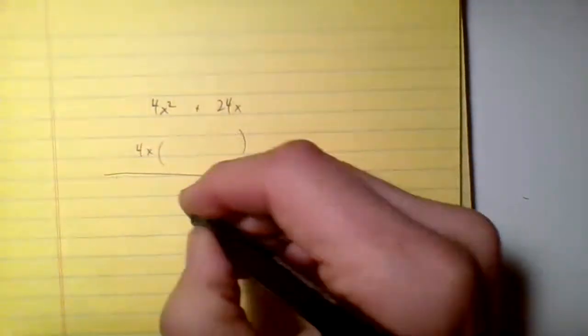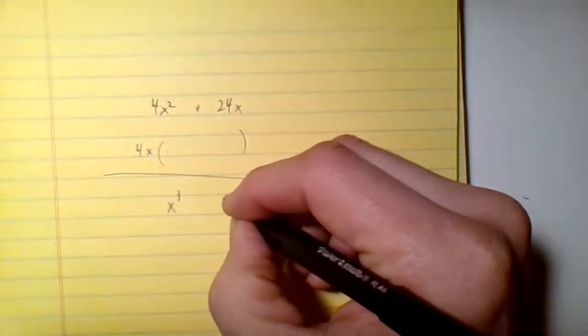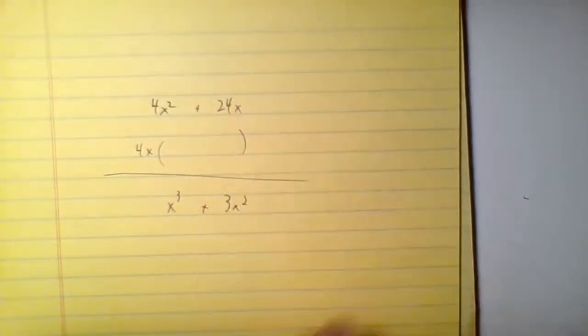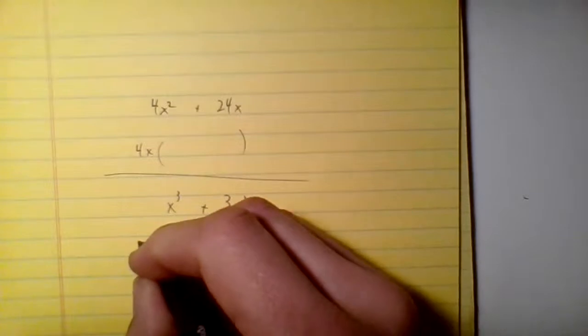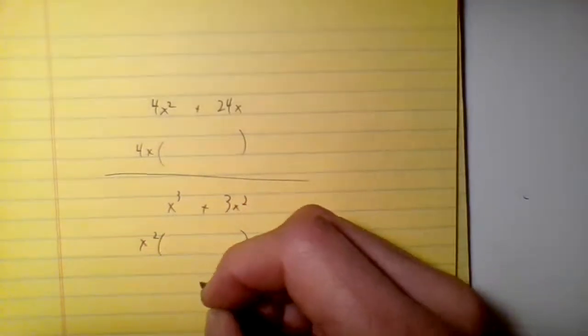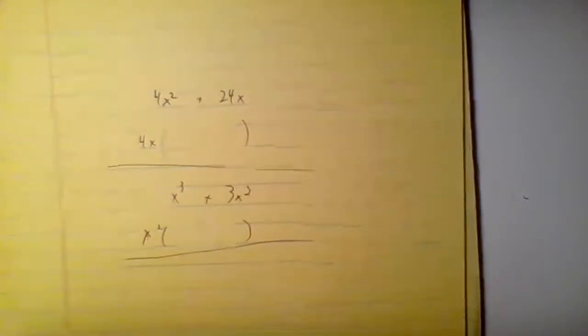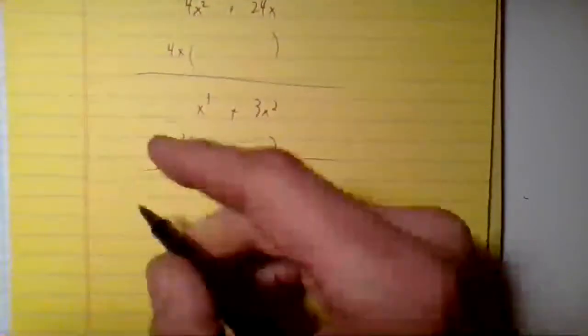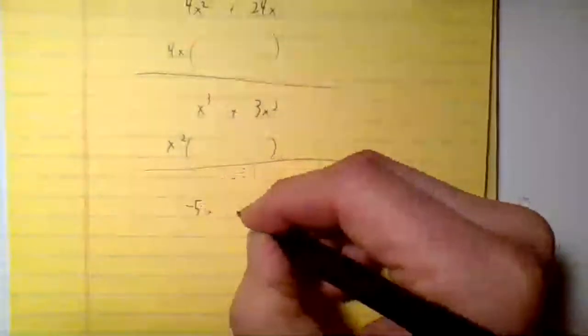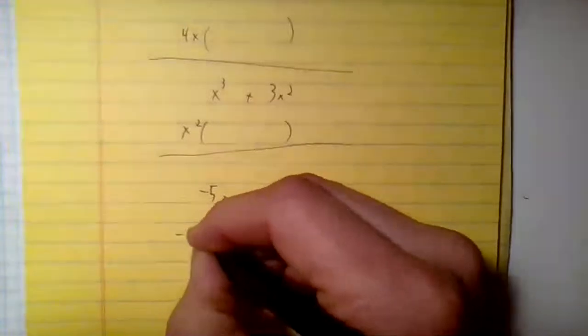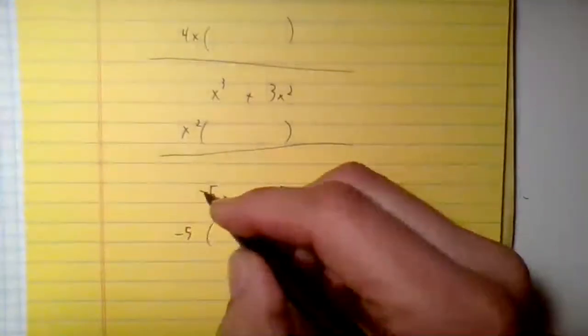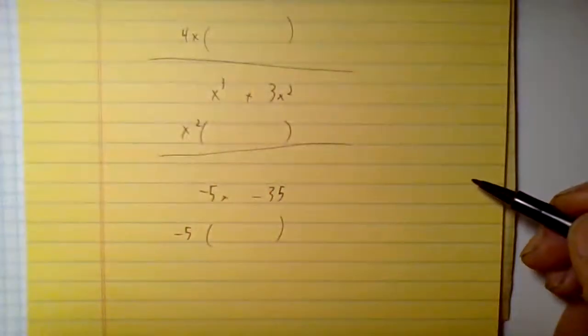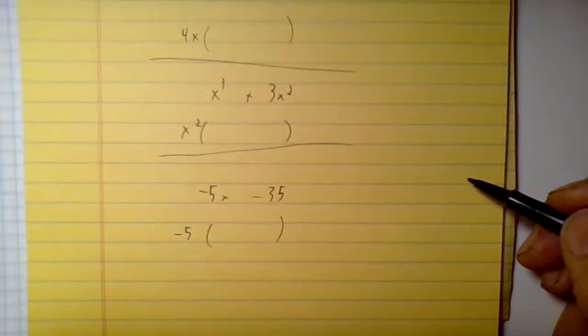I'm not even thinking about what's inside there, but just being super quick at identifying the GCF of things. x cubed and 3x squared, your GCF is x squared. You could factor it out, but I want to make the point here that being super good at looking at 2 terms and deciding what the GCF is matters. And this could be -5 or 5, but when the first term's negative, I like to take the negative one out. That kind of simple factoring